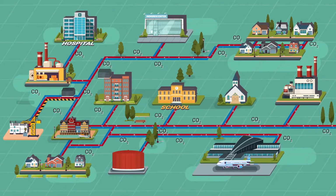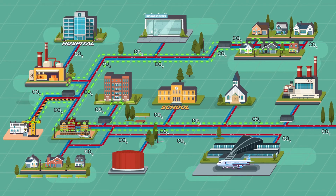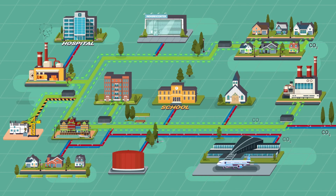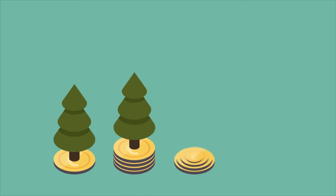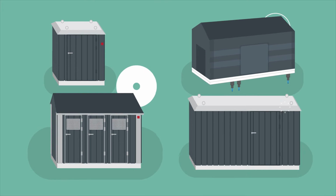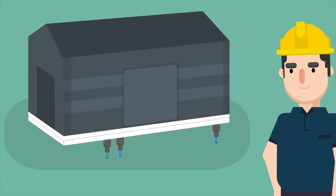By thinking pumping stations into the system, you can also think low temperature into the system, where this is possible. Temperature reductions in the system can reduce the CO2 emissions, and the district heating station can save millions on fuel purchase. Briefly, the possibilities are many, and due to the collaboration between DESMI and Preece, you will have customized